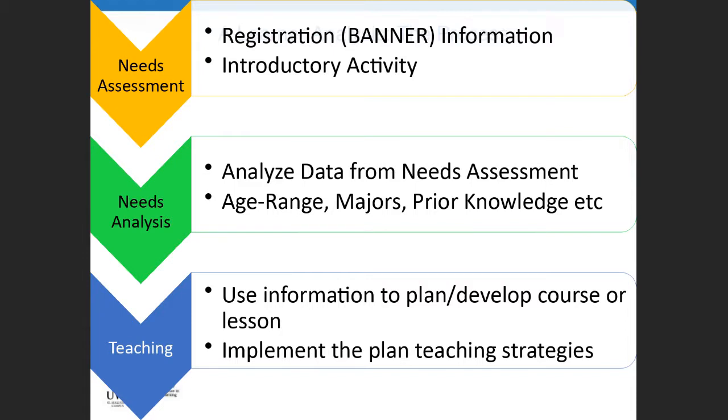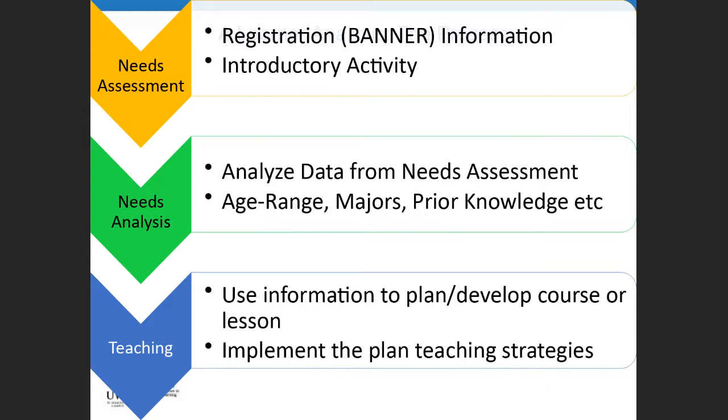And because it's Padlet, it's a nice little sociable platform that you could like something, or you could like somebody's response. It gives that safe but social environment. So it's not like on Facebook for the whole world to see, but it's on a more controlled environment. Yeah? And of course, we see how the information provides the needs analysis. So you get the data from the Banner and so on.